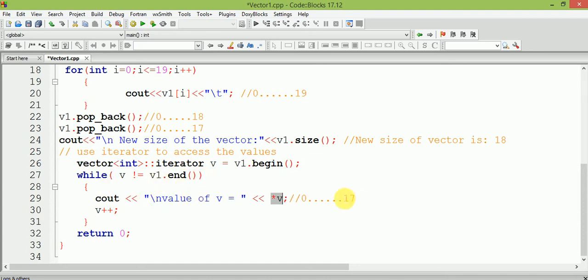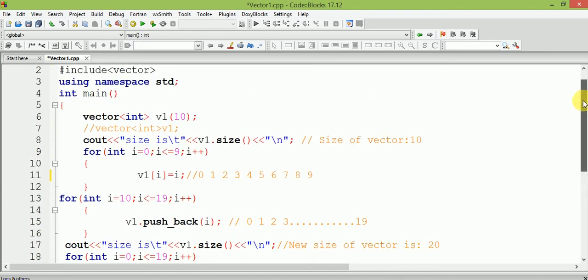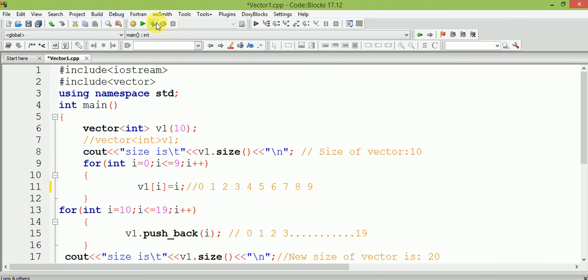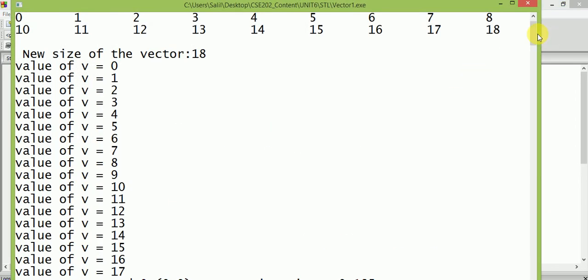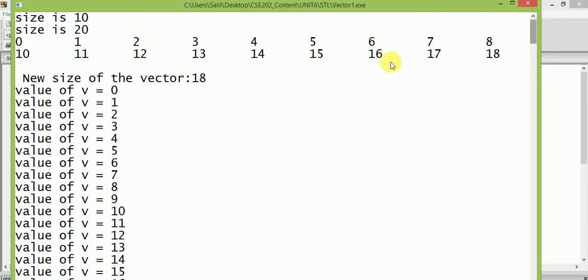We can check the execution of this code. And here we can see the initial size of the vector was 10, and after pushing 10 more elements, the new size of the vector is 20.